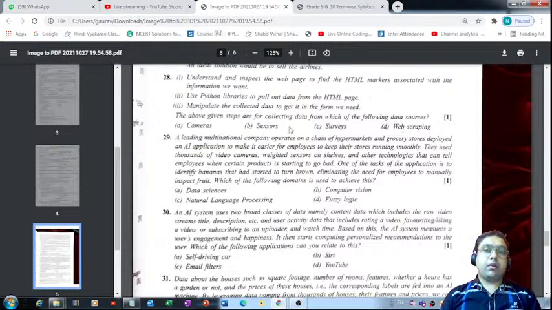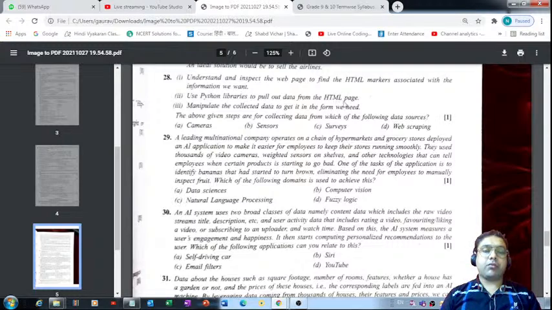Now, what is happening here? Which technique are we using? Are we collecting the data from cameras? No, cameras are not mentioned anywhere in this question. Sensors, no, we are not making use of sensors. Surveys, HTML page, right? We are making use of